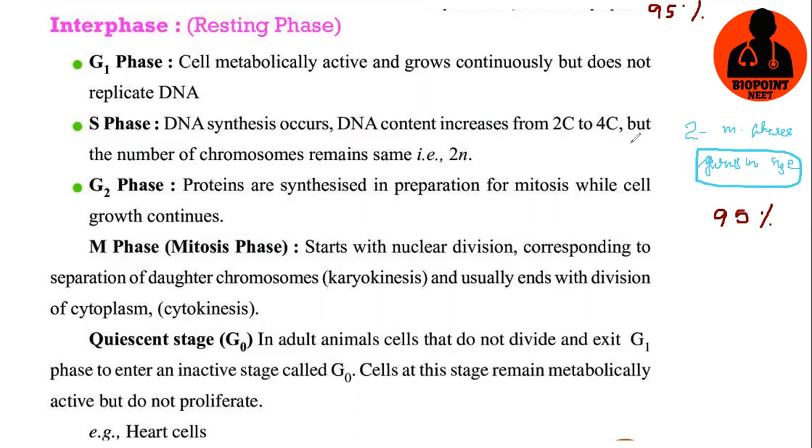So, two scientists classified this interphase into three subphases. Who are those scientists? Howard and Pelk. These two scientists classified this interphase into subphases: G1 phase, S phase, and G2 phase. G1 phase is the first gap phase, gap 1 phase, and during this